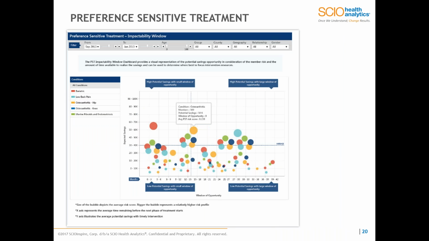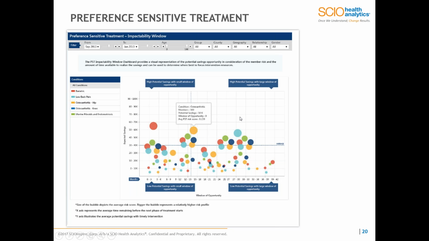So an example of someone with a severity 1 might be at the stage where they've received an x-ray of the knee or an MRI of the knee. A severity 2 may have moved on to a diagnostic knee arthroscopy, or then on to level 3, which is the partial or total knee replacement. So if you were able to understand, as we can do with the preference-sensitive treatment models, and then the